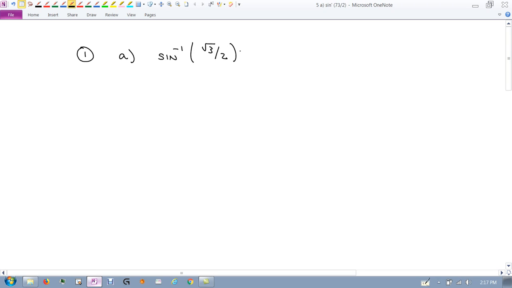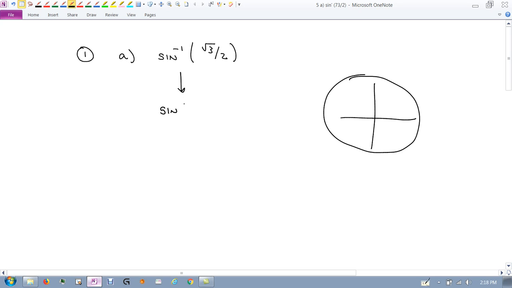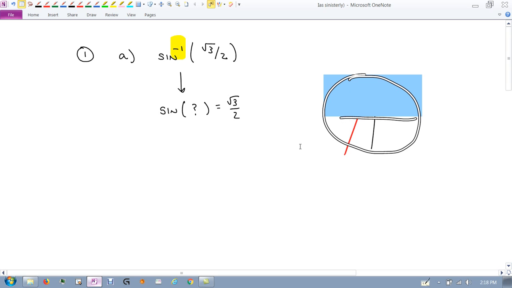To do this, we need to have a knowledge of the unit circle. Our unit circle has some pretty common angles on it that we have to be familiar with. What this is really asking us is, sine of what angle equals root 3 over 2. And in addition, because we are looking at the inverse trig function, we should realize from pre-cal